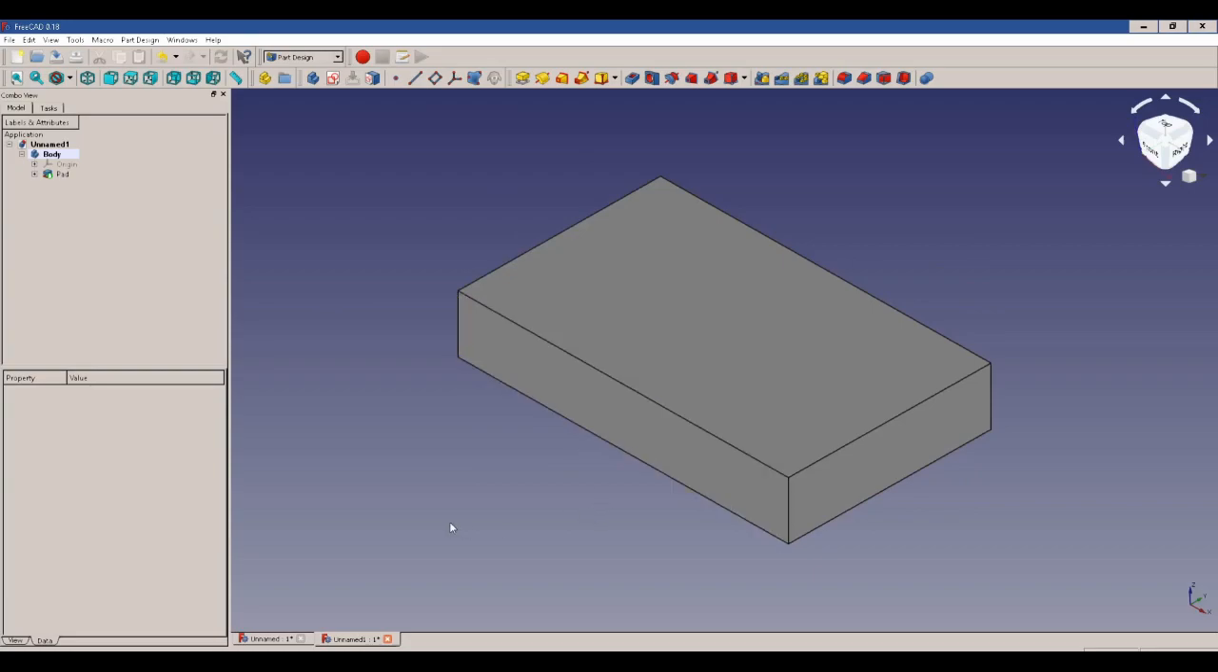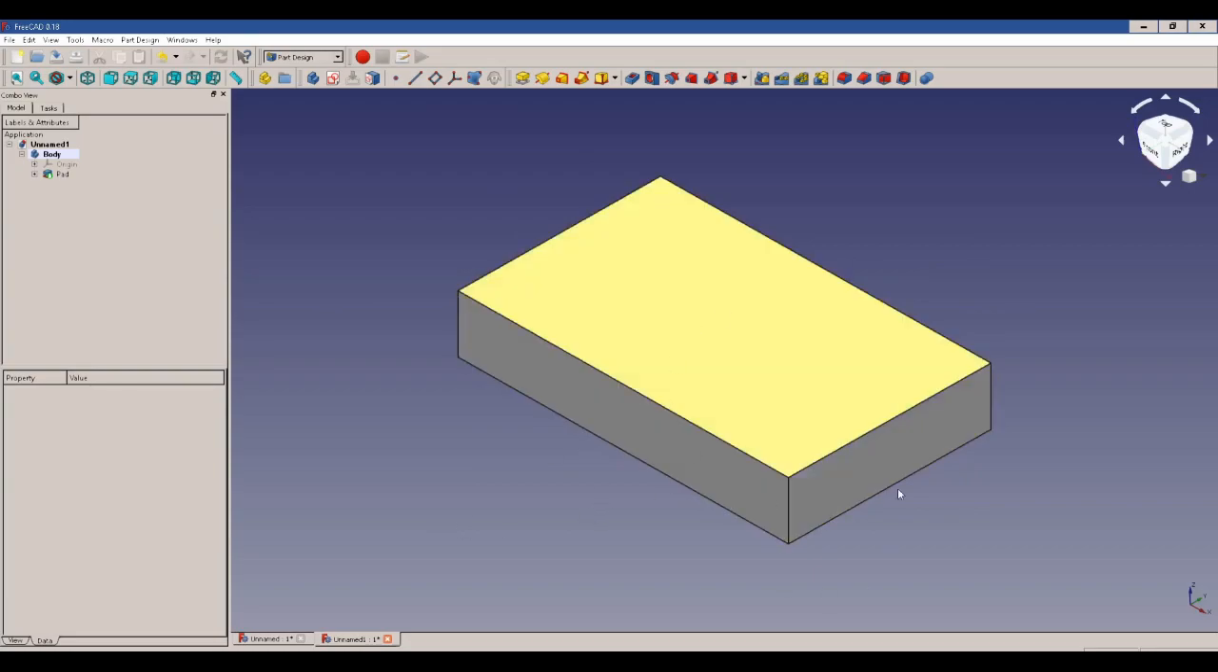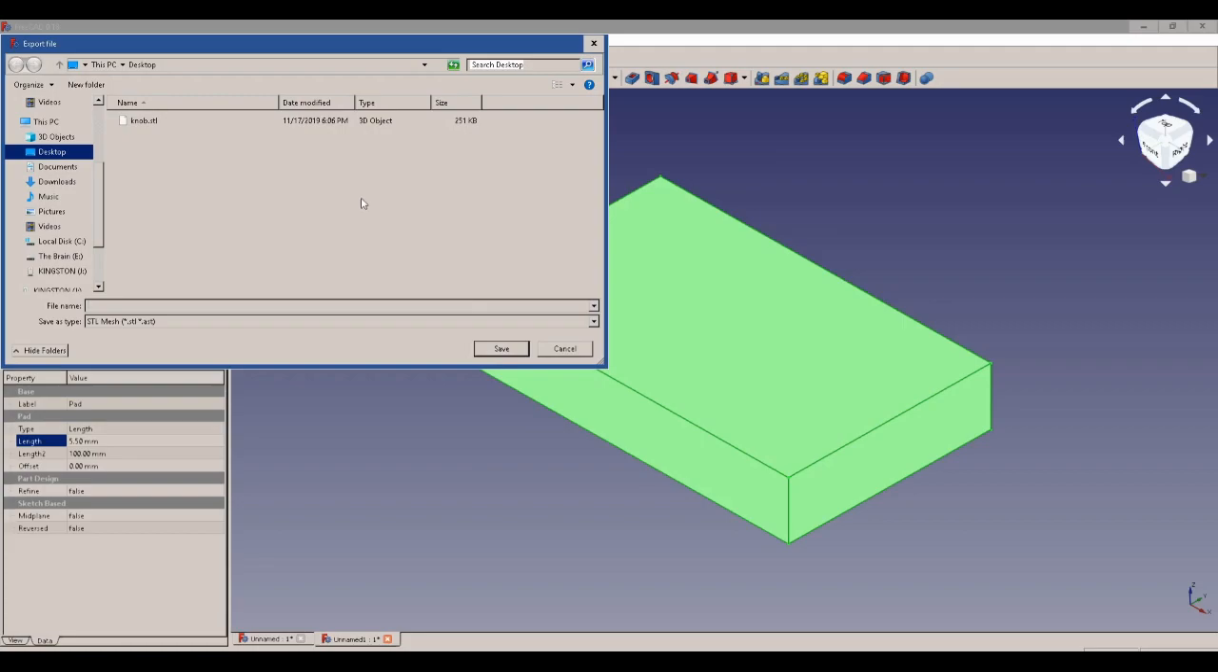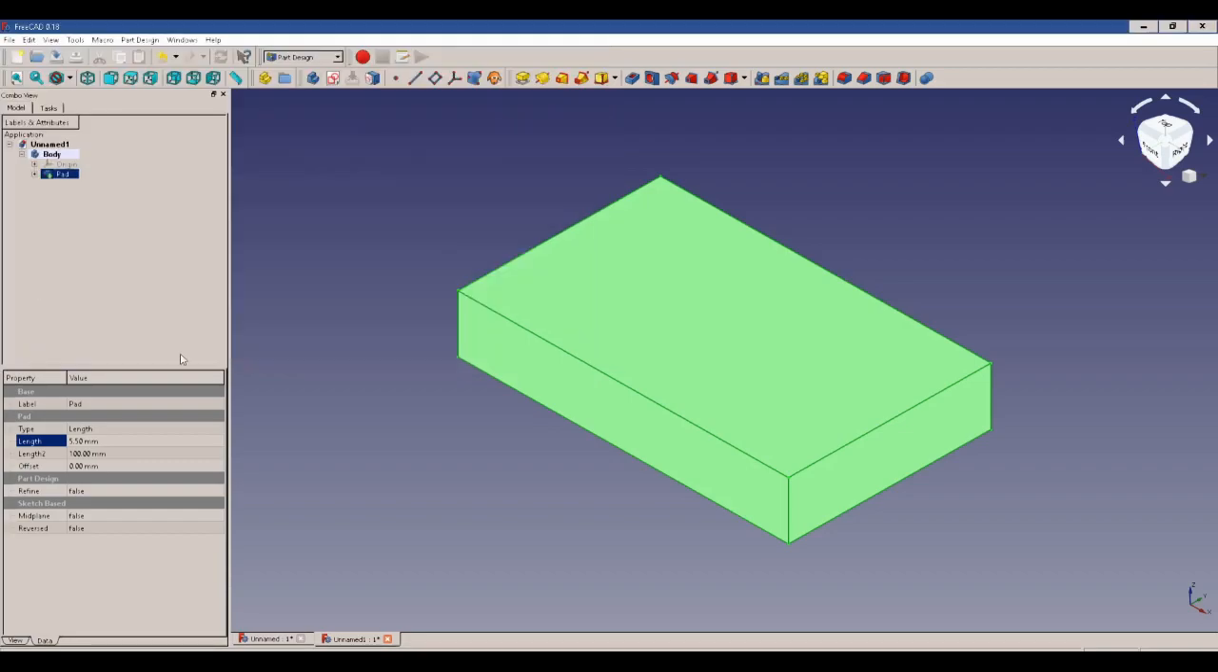Really stupid simple. I'm just going to print that in some brown TPU. It's from NinjaFlex, made by Ninja Tech. They had a skin tone line, and I picked up a bunch of rolls of that on the cheap. And I'm trying to find uses for it. It is a little bit more difficult. So